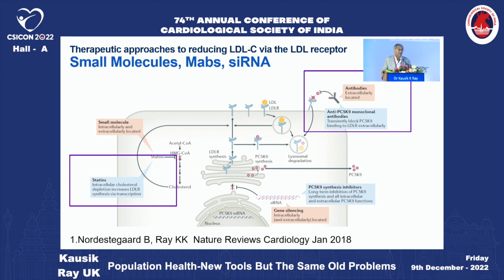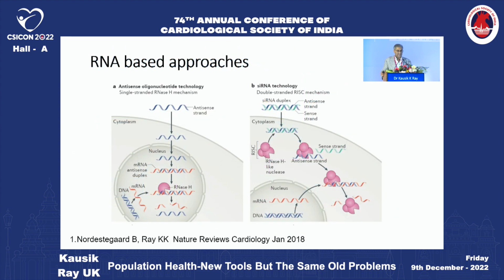This is a bit like a bucket, catching all of the PCSK9. Or you can do it by switching off the tap. And the hepatic tap is basically what drives 70% of PCSK9 in blood. And the way we do that is at the level of the messenger RNA and shut down 70% of PCSK9 in blood. So there are two approaches for RNA-based therapies, and the big advantage are the frequency of the injection.